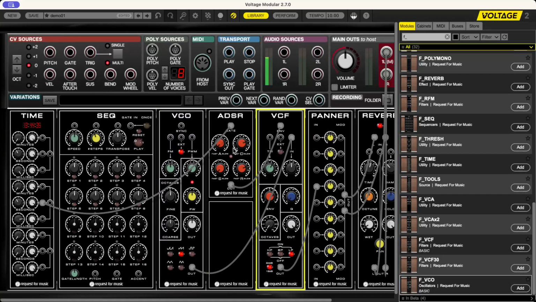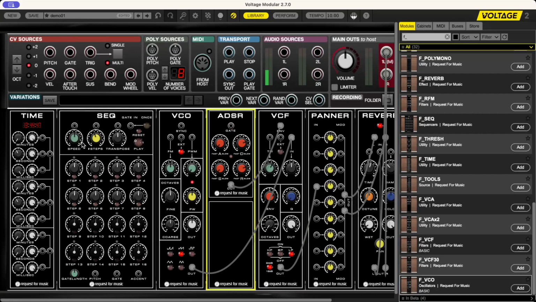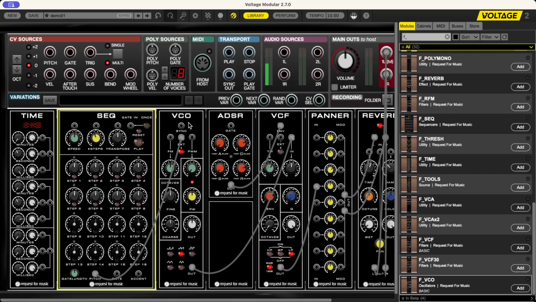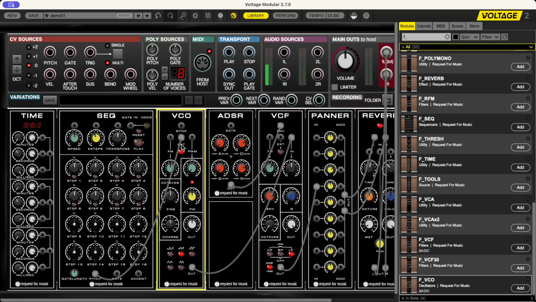It's actually still there just as a normal VCO, so you could use that as a baseline, for instance. But obviously I also want to use sequences to do this kind of stuff, so let's take this out first and just create a normal sequence. I'm going to take the pitch out of my sequencer and put that into the external input of my VCO, and that means that I have to have this switched on,